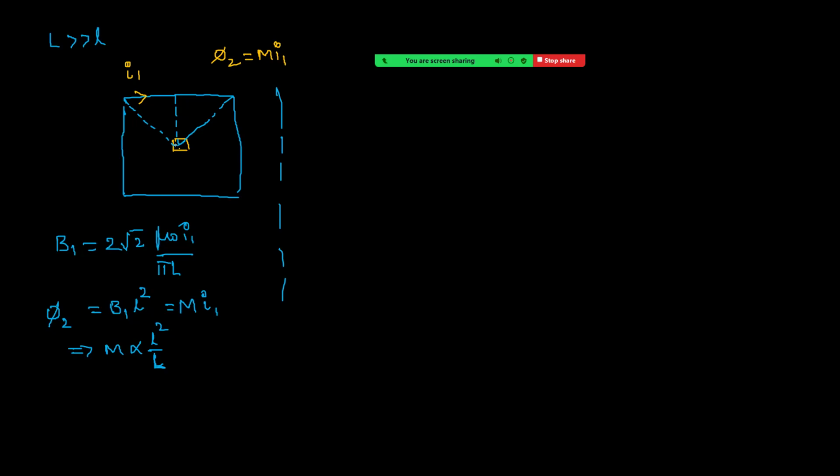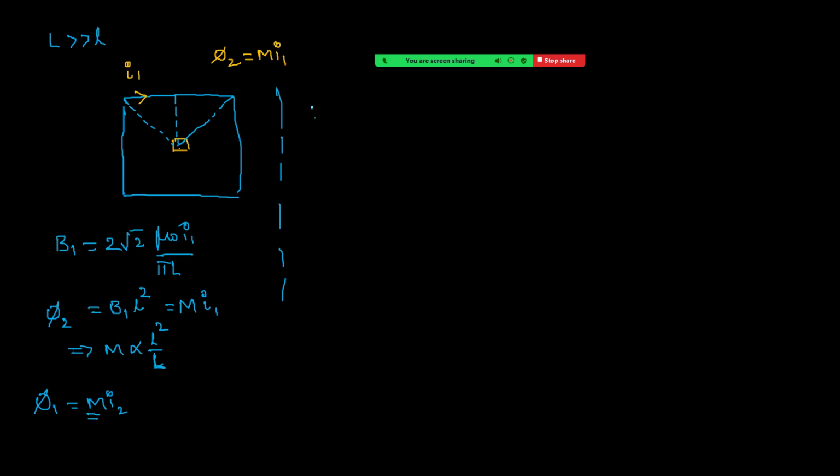Then we write phi 1 is equal to M into I2. In this case also, we get the same M value, but the calculation of flux becomes very difficult. That's why we have chosen current flowing in the outer one and calculation of flux with the inner one. This is what we can say by using the principle known as the reciprocity theorem. That says that,